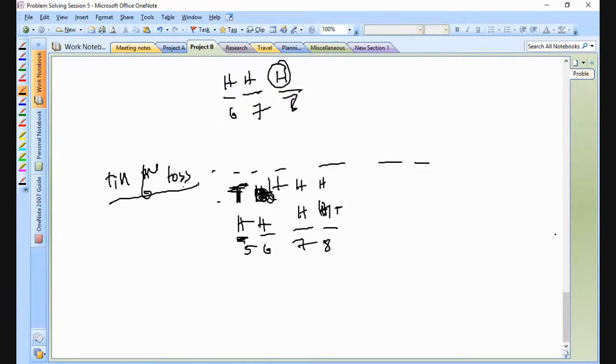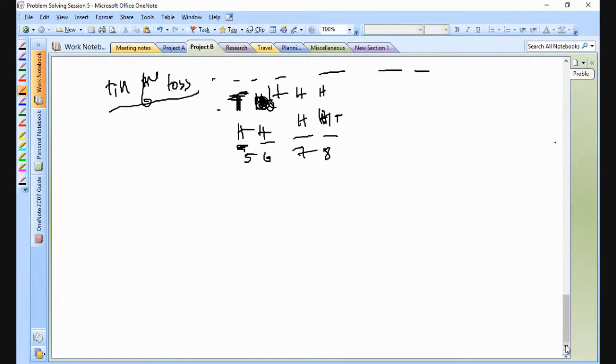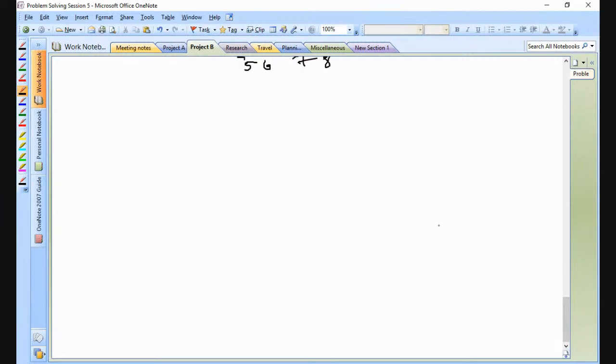So you have to understand the possibilities now. This is the way you have to understand the possibilities. So I will tell you how to find it out. Okay. Let's say till fifth toss. So we'll go to fifth toss. Till fifth toss, there was no three consecutive heads. Then how can it happen? It can only happen in the H and H way, right? The only way it can happen is H and H way.